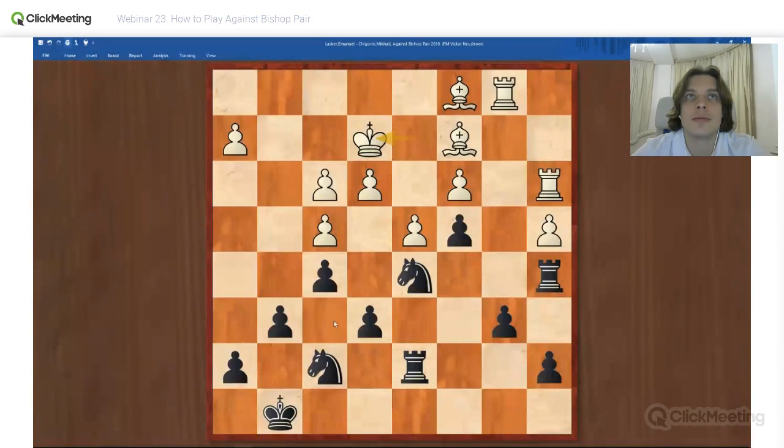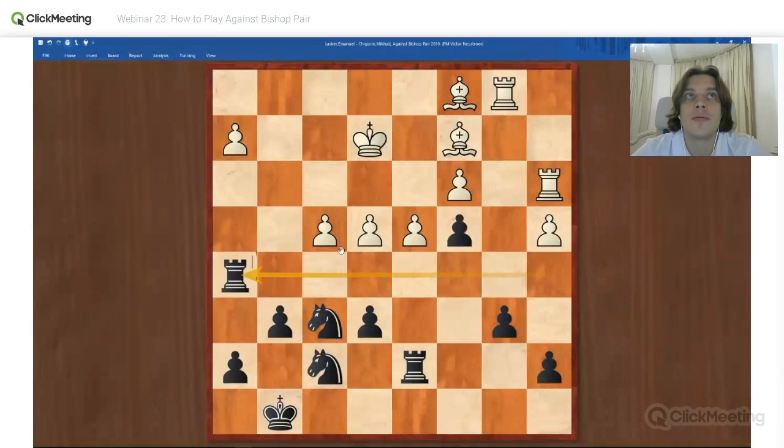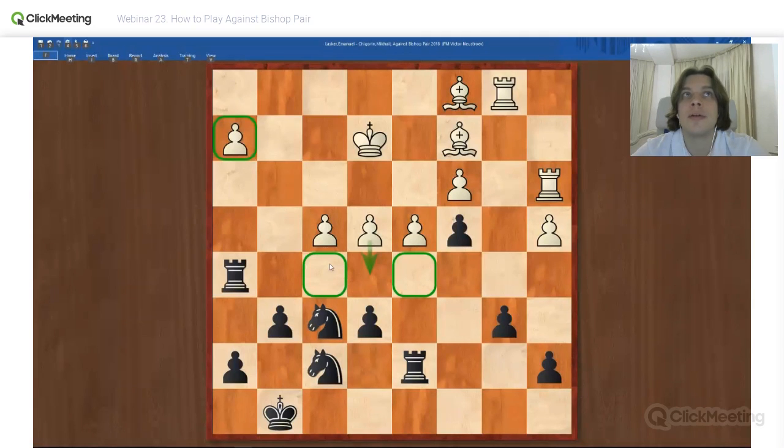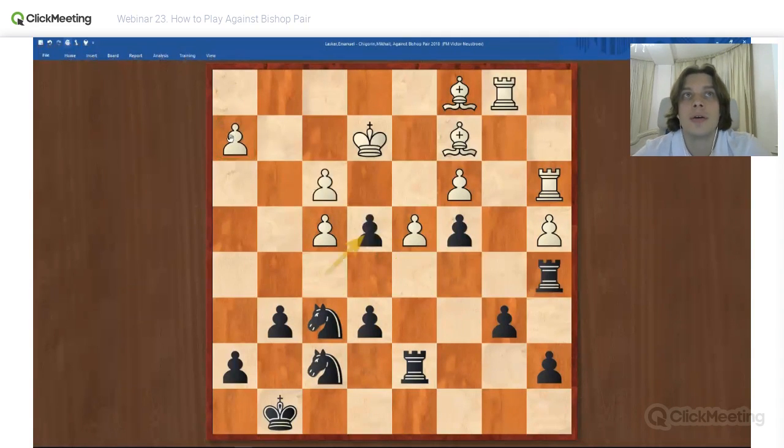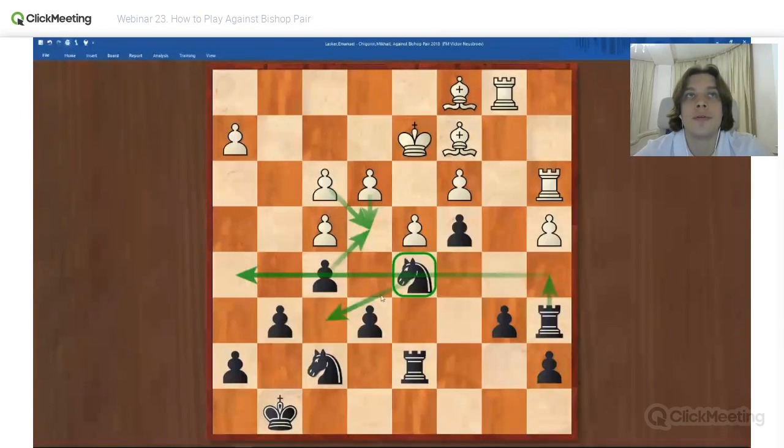Say knight f6. If he does this move, then we take, and then we can relocate our rook. Of course, the pawn is lost now, but if he plays e5 at some point, we can also get two strong points for our knight: d5 and f5. So here black is better, and not only because of the weak pawn on h2 that can be taken. Okay, so anyway, he didn't play rook e5 to prepare for e4.